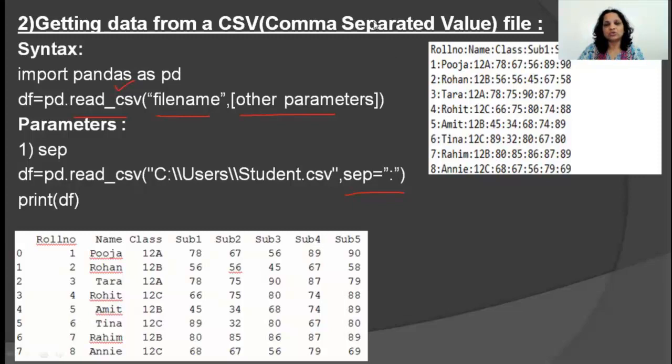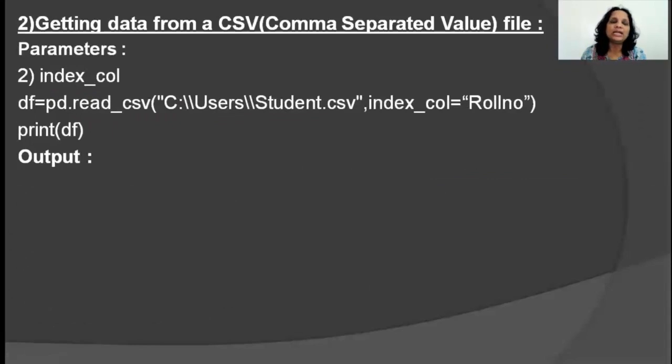Okay, let me take you to another parameter. There are a few parameters that you will have to learn. So let's go to the next parameter. The next parameter is called index_col. What does this mean? You must have seen the index automatically when we transferred from the text file into a data frame. The index labels were 0, 1, 2, 3. What if you want to say that one of the column headings should be the index label?